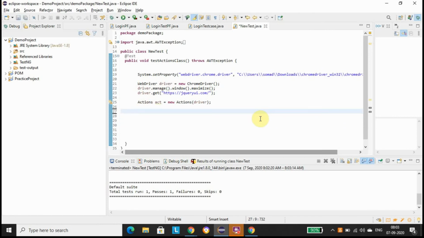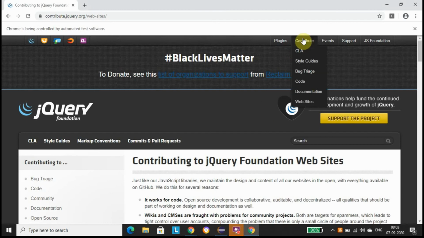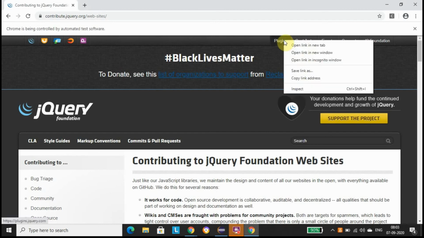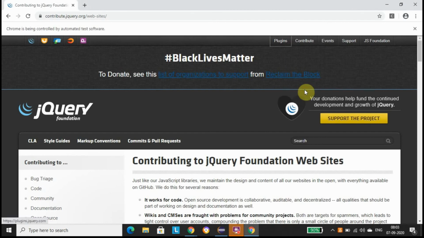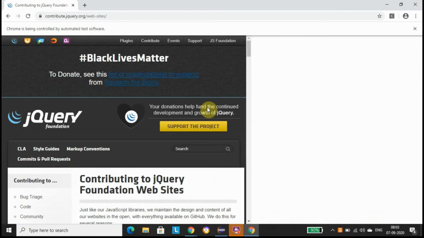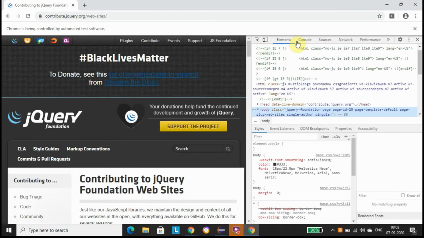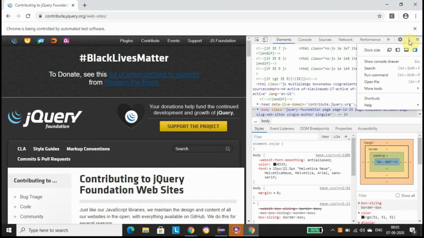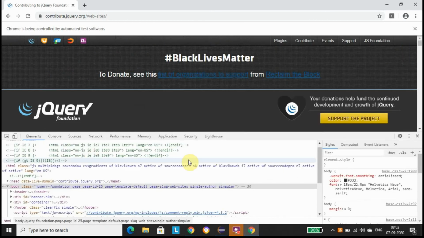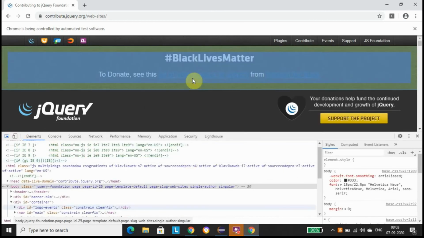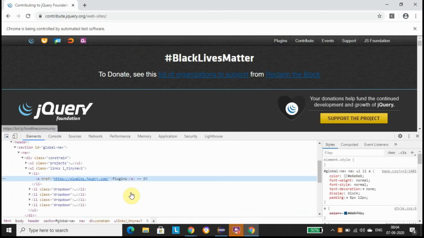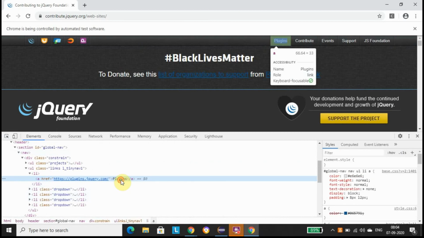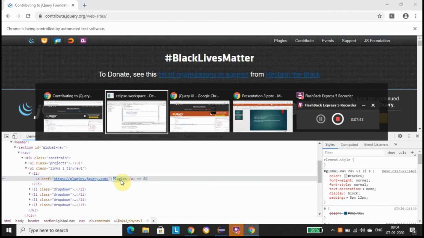So let's inspect this plugin one. We will inspect this. Let me drag it down. Okay, so plugin. So this is also a link. We have the link text here, so I'll copy this.